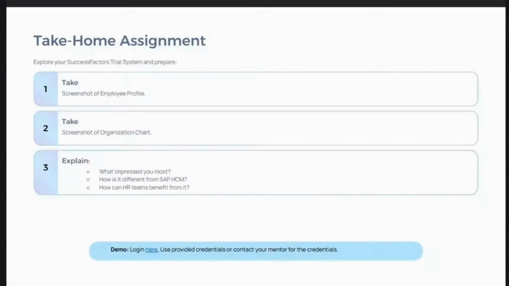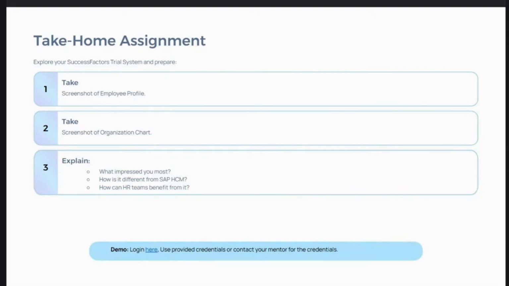Now there is this take home assignment for all of you. You can spend another 10-15 minutes after this session. What do you need to do? You need to explore this trial version of SuccessFactors. First take a screenshot of any employee profile. Then take a screenshot of the organization chart for that particular employee, how the organization structure looks for that person.